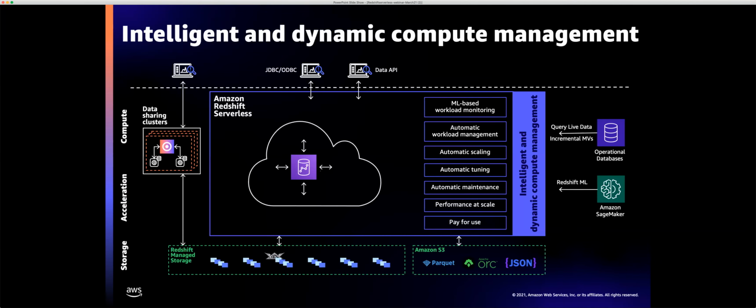Okay, so diving a little deeper into Redshift Serverless. You will notice this picture looks somewhat similar to what we just built up before. You still have compute isolation through data sharing. You still have Redshift managed storage. You still have the ability to query open file formats, Parquet, etc. And you have all the strong integration through SageMaker and the performance via materialized views. So what has changed?